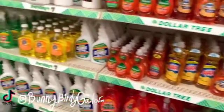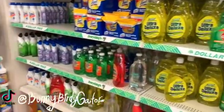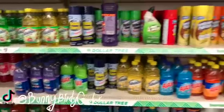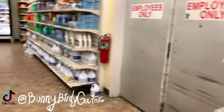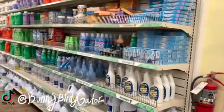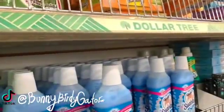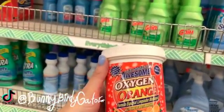I haven't purchased it in a really long time, but I want to make my own little solution. I feel like all the stores don't have it anymore. You guys know the one I used to buy all the time, where you twist off the cap and it's the powder with the scooper. Oh yay, we have some. It used to be a much bigger container. Even back just 2 years ago, it was much bigger. We have this one